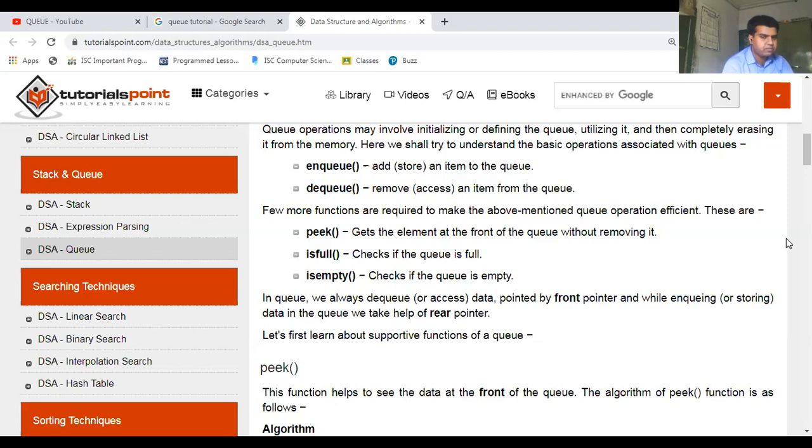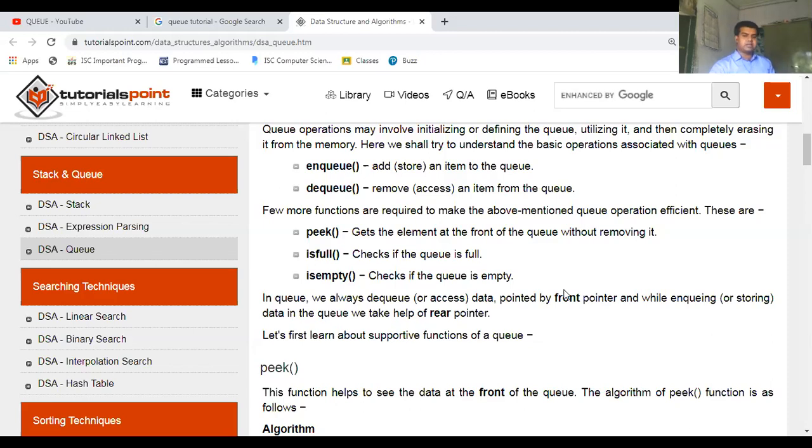Okay, now if there is no space in the queue, that means all of your memory addresses are occupied with certain values, so your queue is completely full. And is empty: if your queue is empty, you cannot perform deletion. You can only perform insertion, that is enqueue.